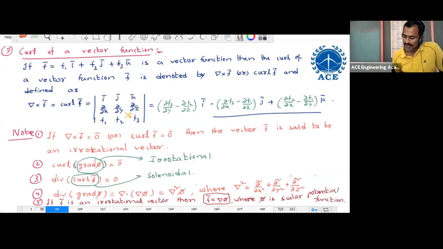Every irrotational vector can be written as gradient of a scalar function, because from this curl of grad phi,